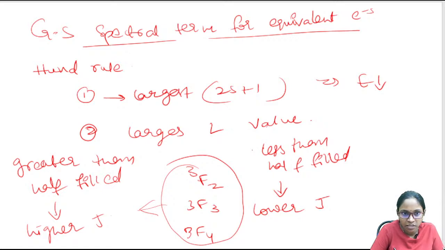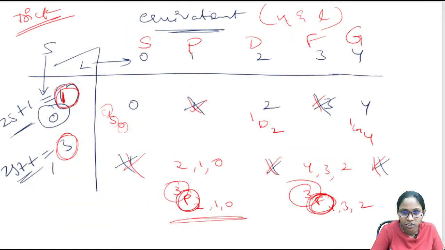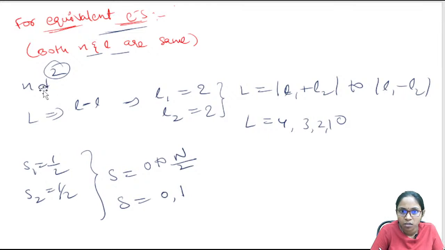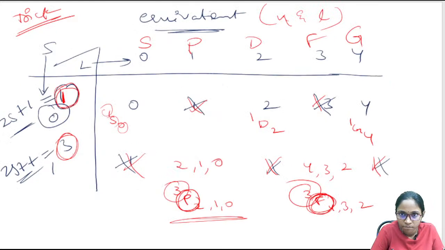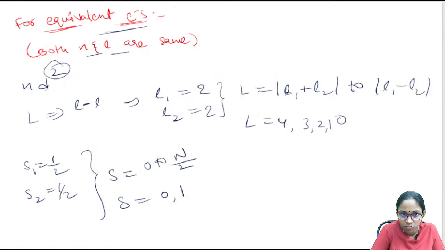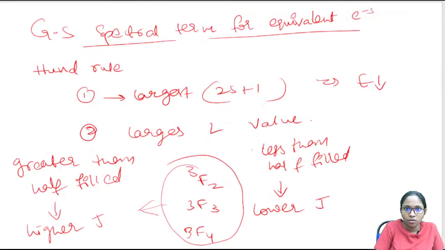So in this example, what is the example we have taken? This is for the equivalent case, ND2. Yeah, ND2 is the example we had taken. So for ND2, that is D2, up to 10 maximum number of electrons can be filled in the D subshell,